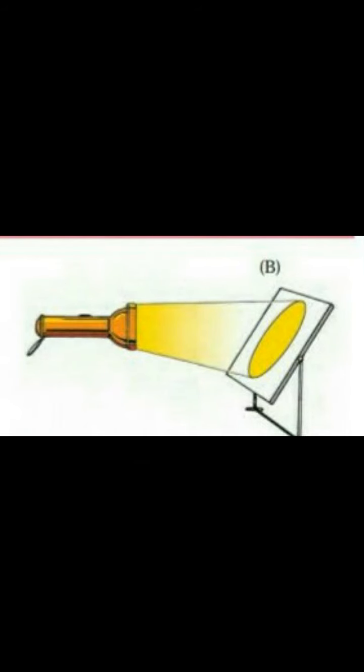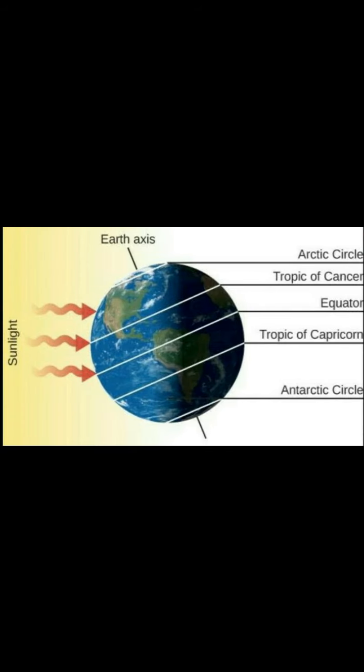The slant rays occupy a larger area, as you have seen in figure 5.1b. In this area, the sunlight appears less bright and there is less heat. Hence, the surface there gets less heated and the air too is less hot. As I told you, on the basis of getting the sunlight,